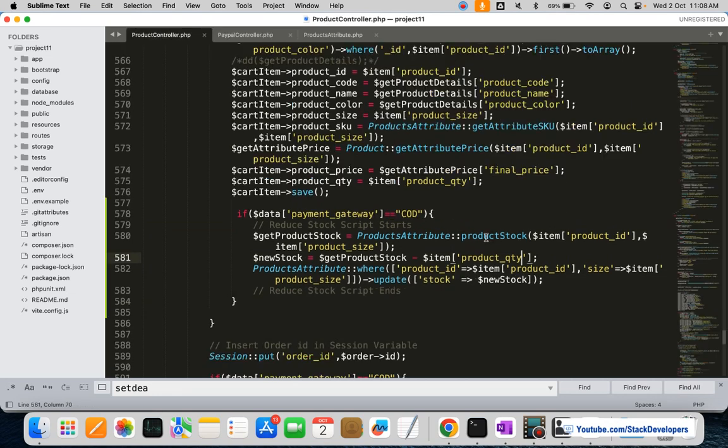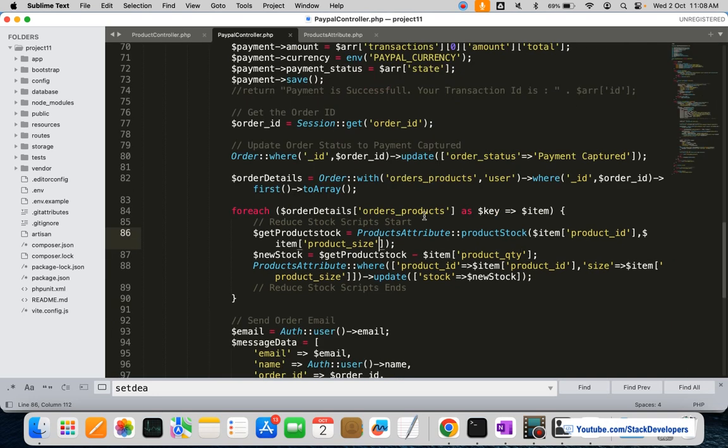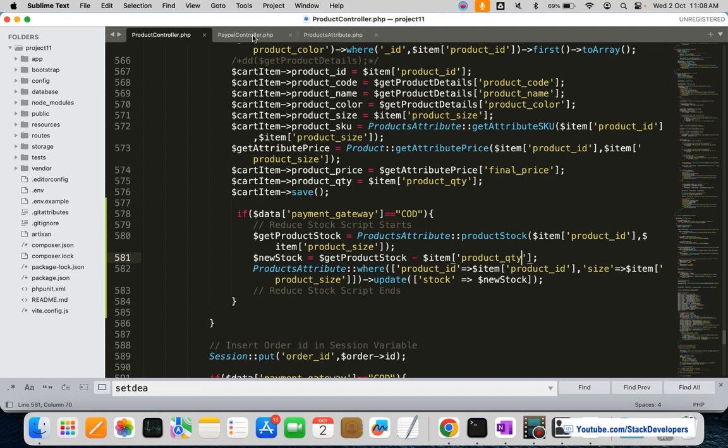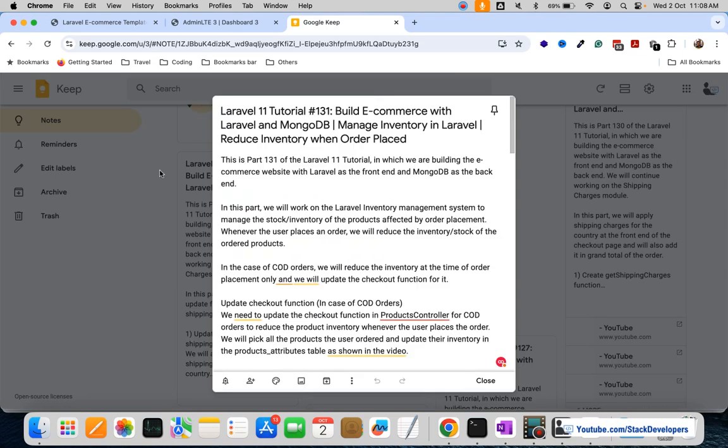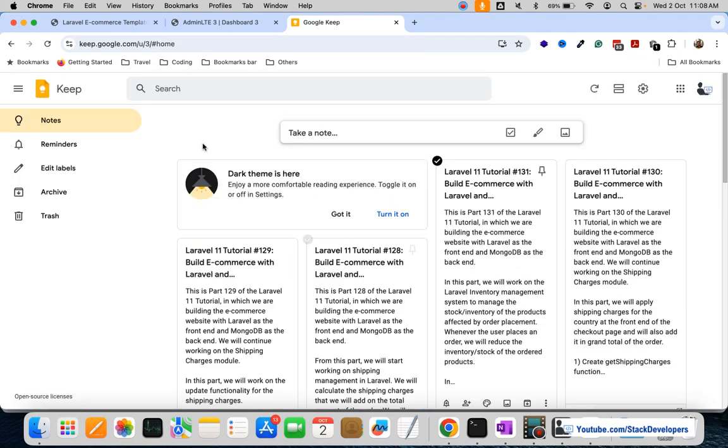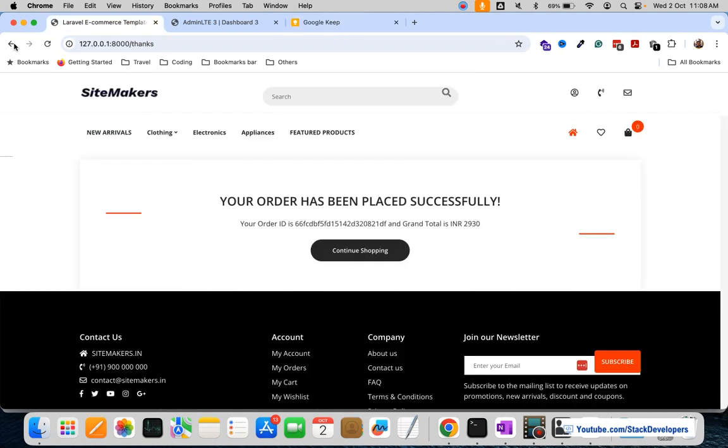See, it is similar to this one, and make sure like product stock is there, product size is there. Okay, product stock we have already added the same one. So the same thing will work there as well. And item product size, so okay, this is the script that you can add for making it work with the PayPal. So in the next part we will do something else,